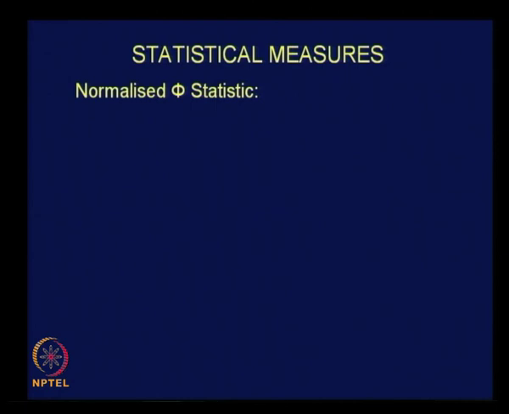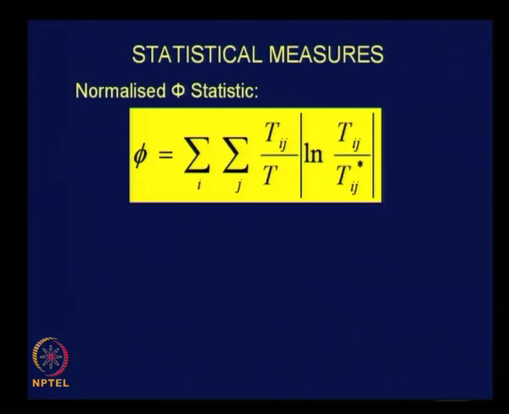I will be just giving you the result. It is up to you to refer to a suitable book and try to understand the theoretical background as well as the related proof. There is one statistic named normalized phi statistic, and this is the formula to calculate the value of phi,